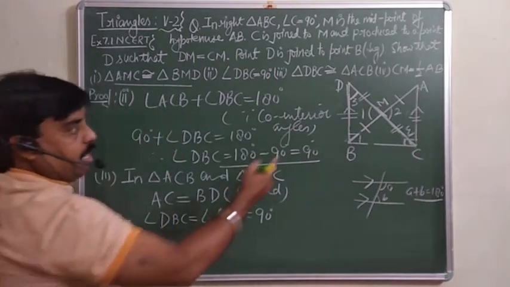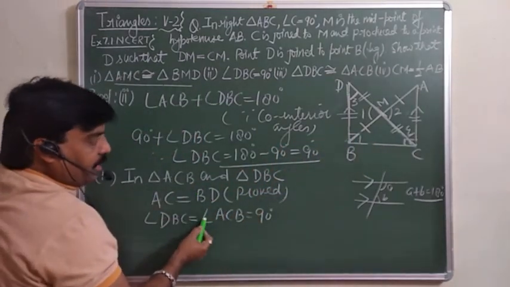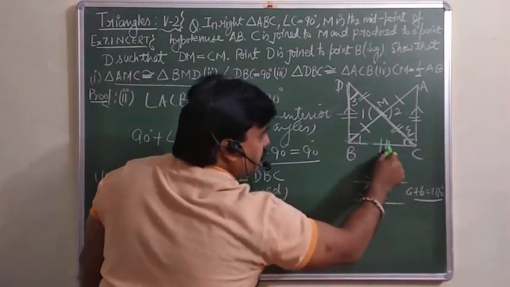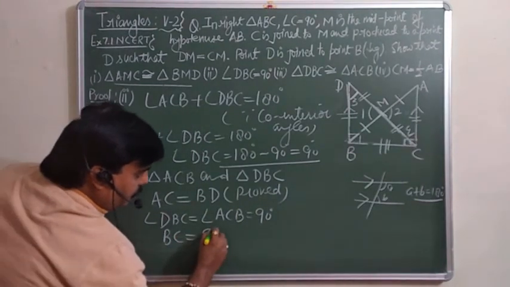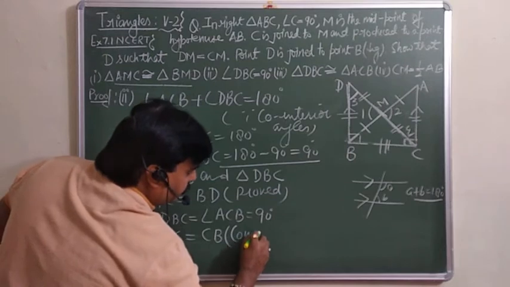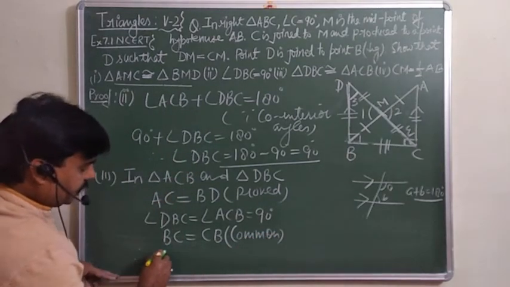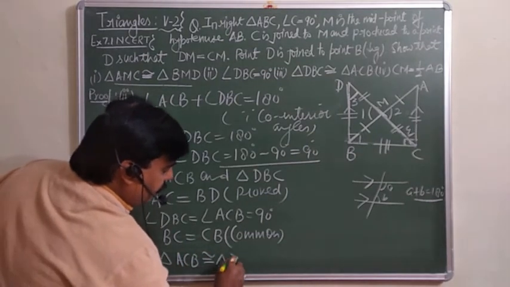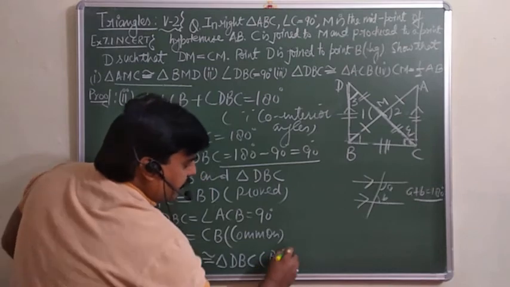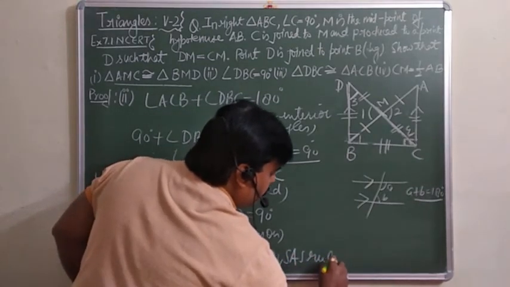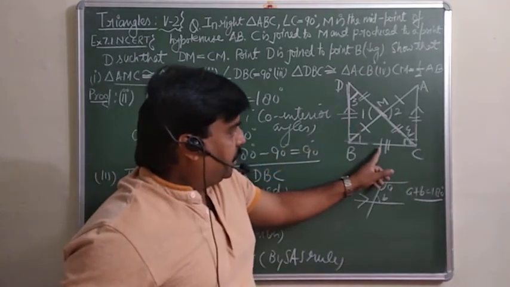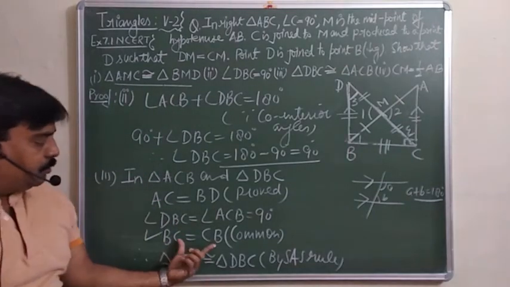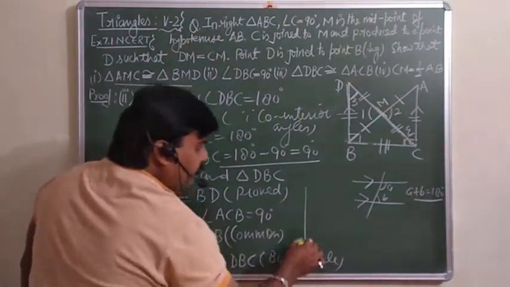See now, one side, one angle. So again you have one option, either one side or one angle. But the side BC is common. You can say BC is equal to CB, common. Therefore you can say the triangle ACB is congruent to triangle DBC by SAS rule, by side, angle, side. Both are congruent. तो केवल हमको क्या सर्च करना पड़ा? केवल एक side, this one. These are already proved. And see, now these are congruent.